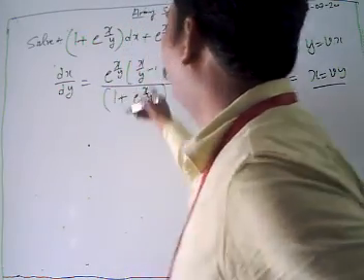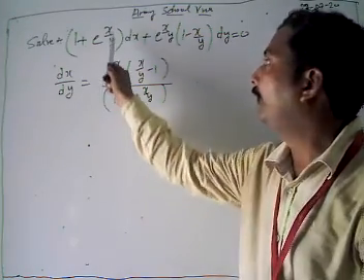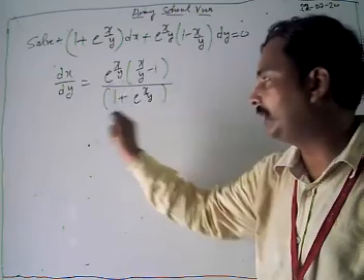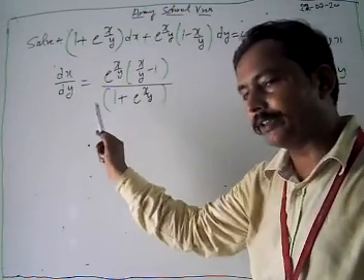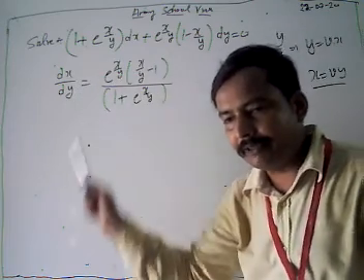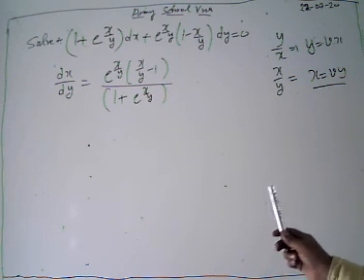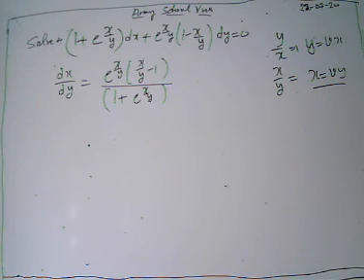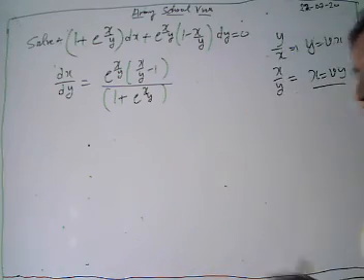Now look, you have to notice that when we have exponent x by y, then our standard form, where we always take dy by dx, is now dx by dy. Now in the standard form, dx by dy is given by e to power x by y minus x by y minus 1 upon 1 plus e to power x by y. Now it's of the form dx by dy equals f of x, y.